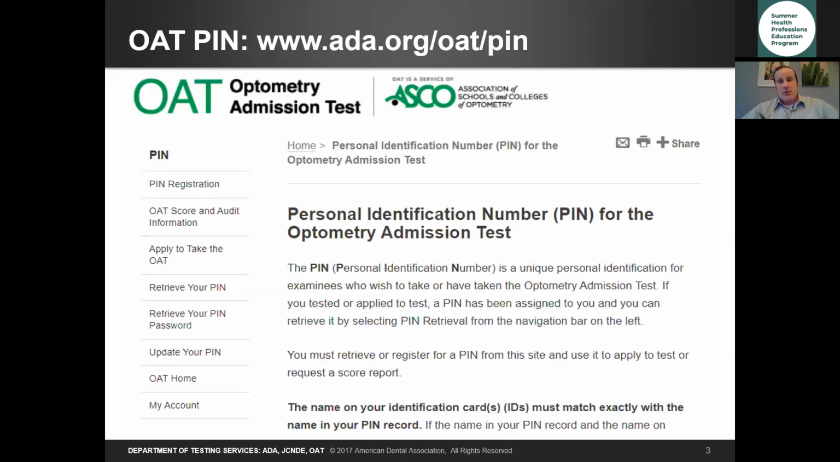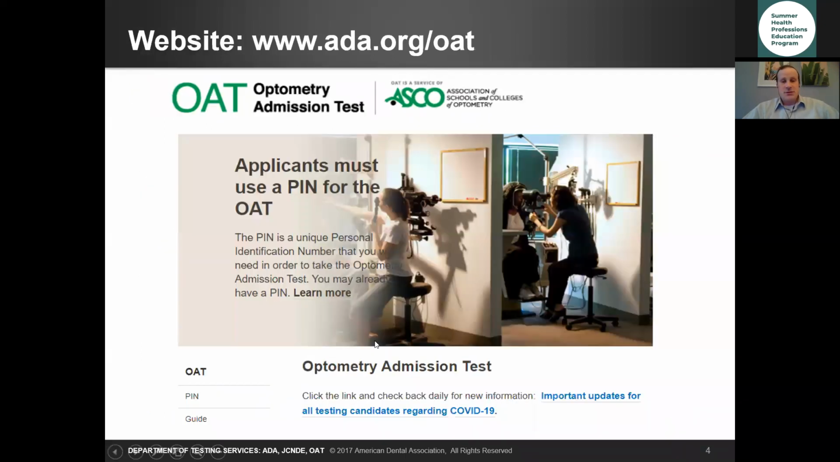The first step that you will want to take when you are taking the OAT is to go to the website listed here, ada.org/OAT/PIN. We use the PIN as a personal identification number that will allow you to submit an application for the test, to log in to see your scores, and to log in to request that your scores be sent to other schools, should you need to do that. Once you have gotten your PIN on that website,